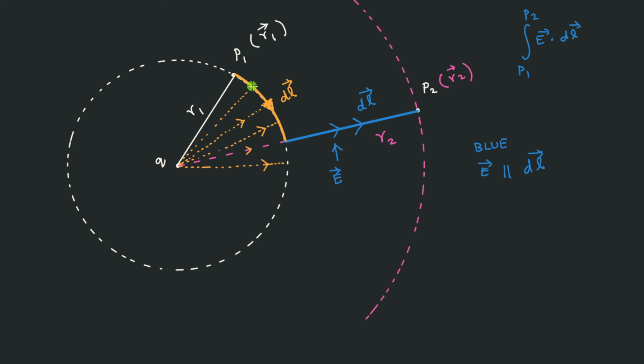Whenever you reach a particular point, such as the place where I am showing the green color cursor, this is the direction of the electric field. And for this place, if I stand here, this is the direction of the electric field. So what do you understand from here? You understand that the direction of the electric field and the direction of dl are perpendicular. So that conclusion I can write down: dl is perpendicular to the electric field at every point along the orange color path.